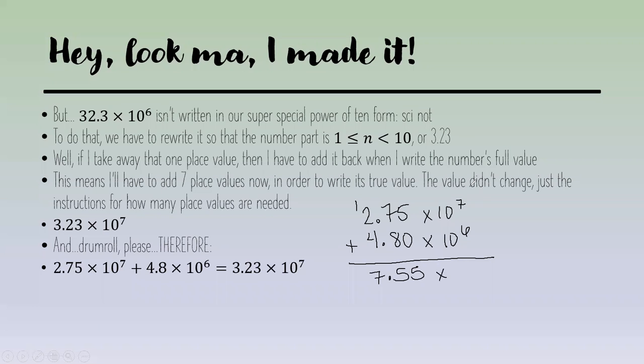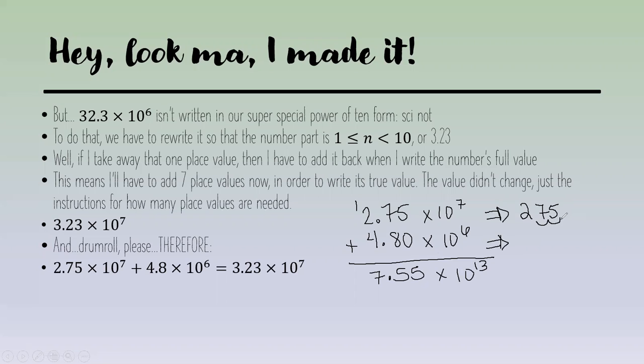And then, who knows what this would have been. Some people might have subtracted it. Some people might have added it. That is a completely different value. And why is that? Well, that's because if you look at these numbers in standard form,